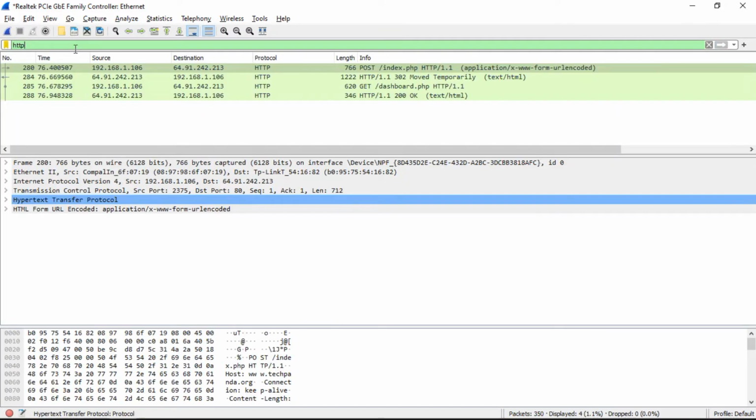Alright, put HTTP there. And right here you can see there's a lot of protocol that uses HTTP. I'm gonna click on the post method first, right there,